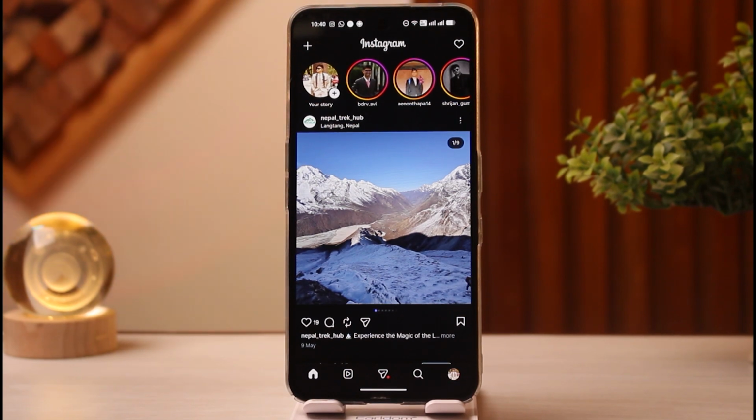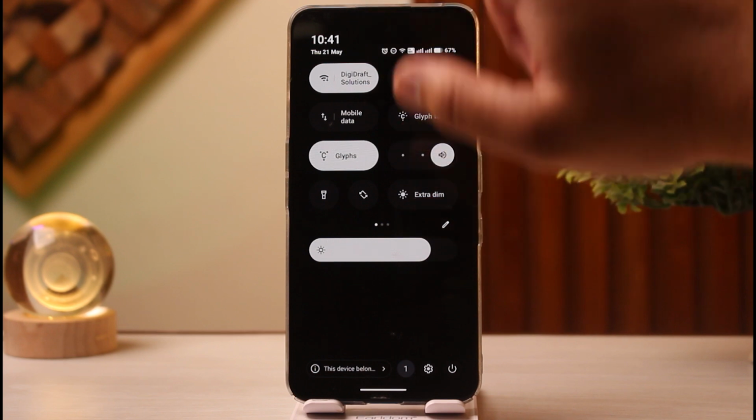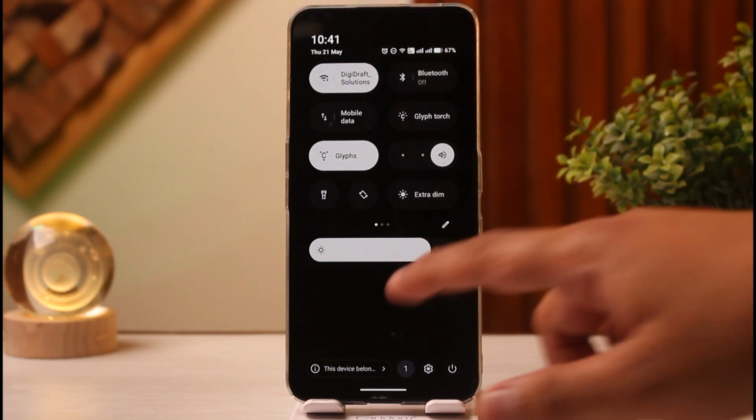Today's video is going to be about how to fix Instagram cannot add music to story. This problem is usually due to network issues or your restricted account type, a corrupted app cache, or an outdated app version. The quickest fix is to turn your Wi-Fi or mobile data off and on, and then you can